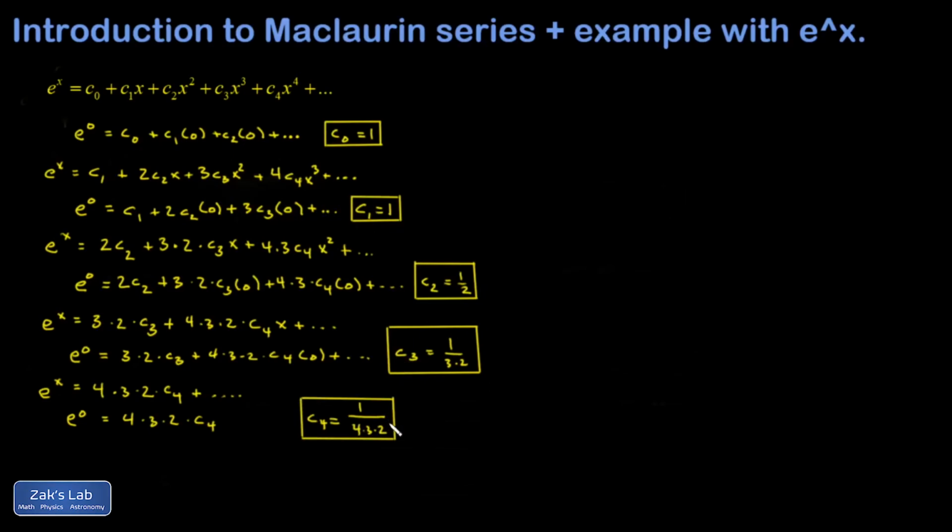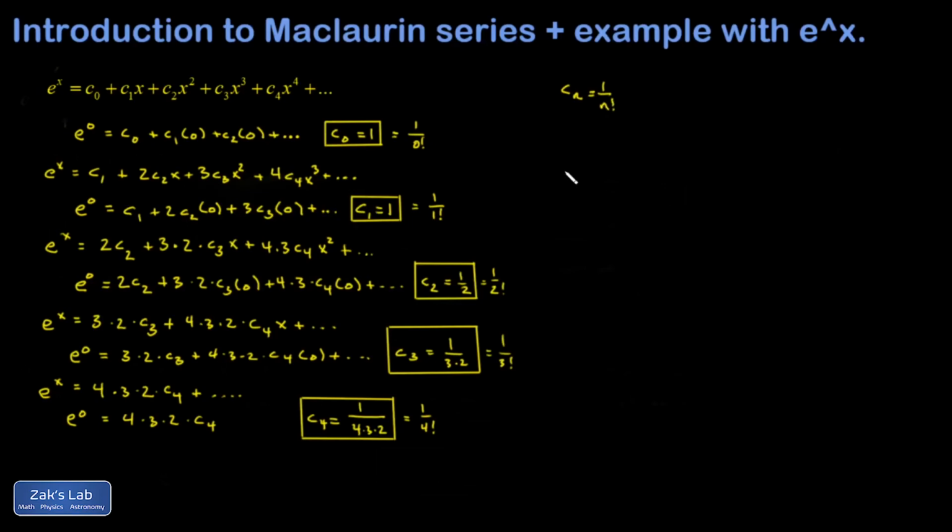So now I've got the pattern. In the denominator there is just 4 factorial. And so I could write this as 1 over 4 factorial for c4. c3 is 1 over 3 factorial. c2 is 1 over 2 factorial. 2 is just the same thing as 2 factorial. And I can extend all the way back to the beginning. c1 is 1 over 1 factorial. It's just a fancy way of saying 1. And c0 is 1 over 0 factorial, remembering that 0 factorial is defined to be 1. So now I can state in general what cn is. It's just 1 over